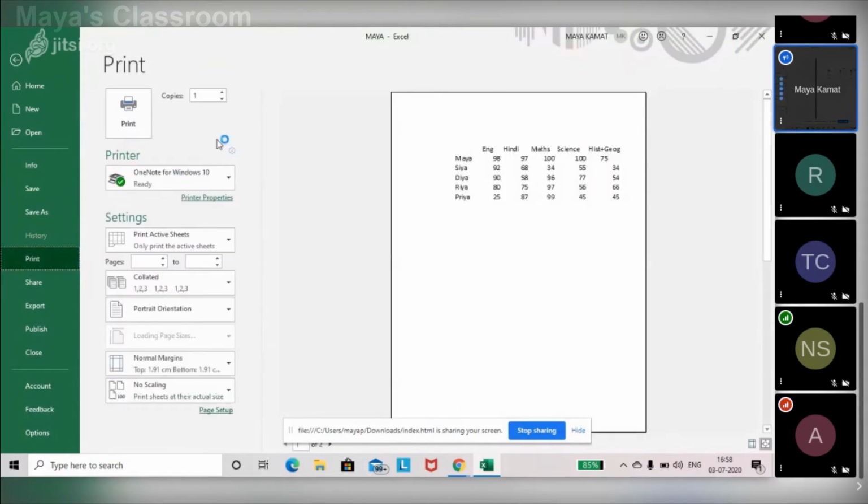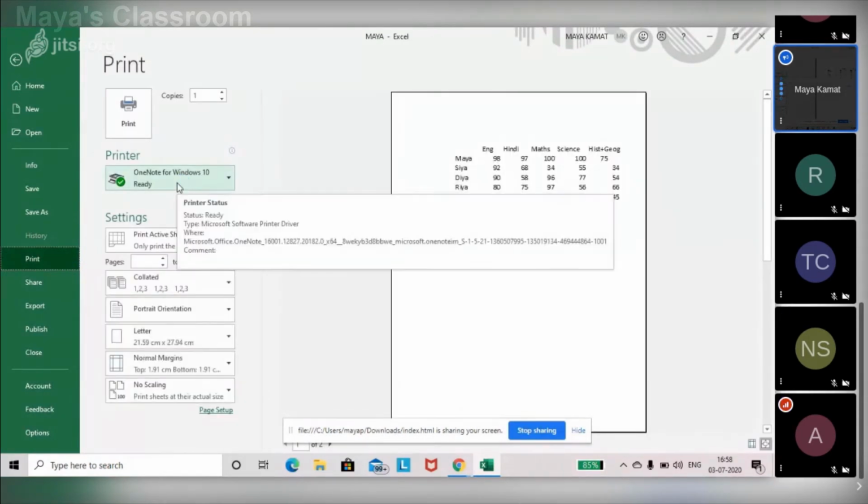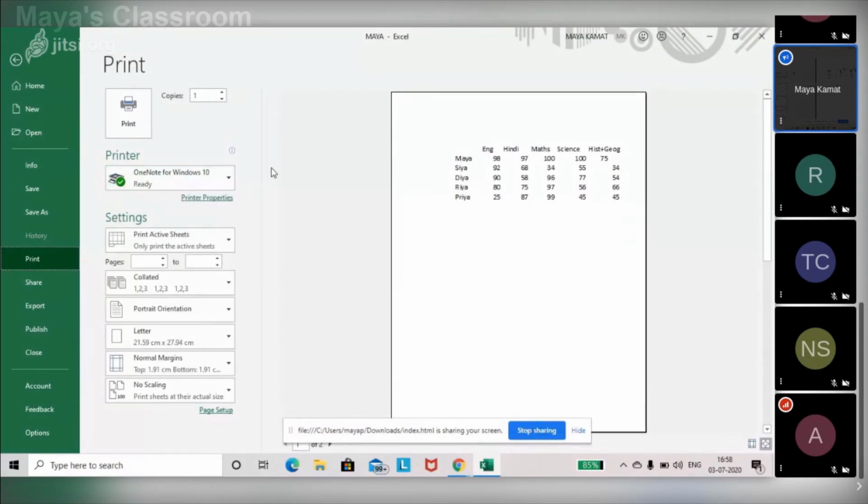Then choose the printer which is connected to your laptop or the PC that you're using. Then print the sheets that you want to print. Give the number of pages. You may want to print only one page, although the Excel sheet is of 5 pages. So you could give the number of which page you want to print, from number 1 to number 2 or number 3. All those settings could be done here.